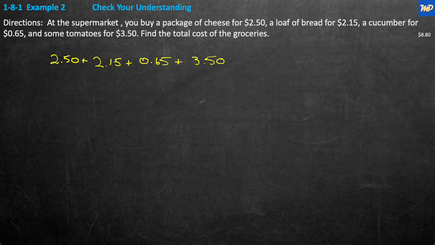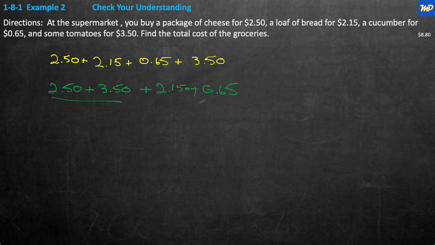I want to go ahead and change colors. I'll change to green. So we can leave the 2.50 where it is, and I'm going to say plus 3.50 because those are going to add pretty easily, right? And then plus 2.15 and 65 cents. I got to get that. Let me fix it. I didn't get the plus sign in there. Plus, plus